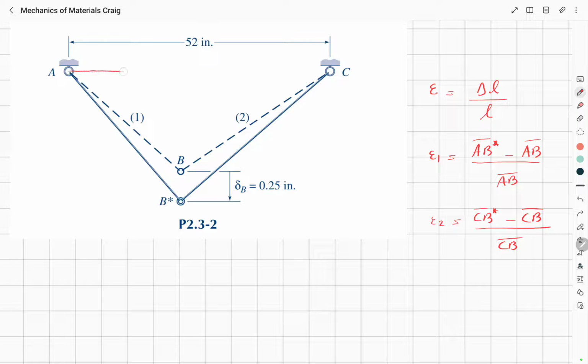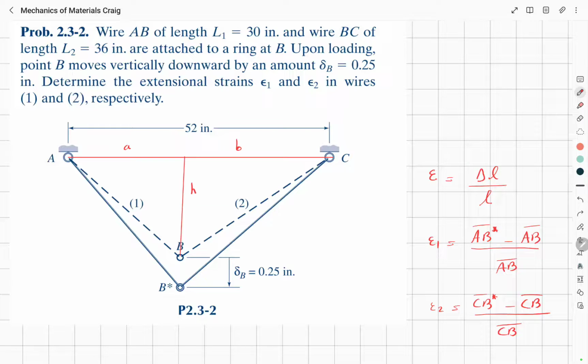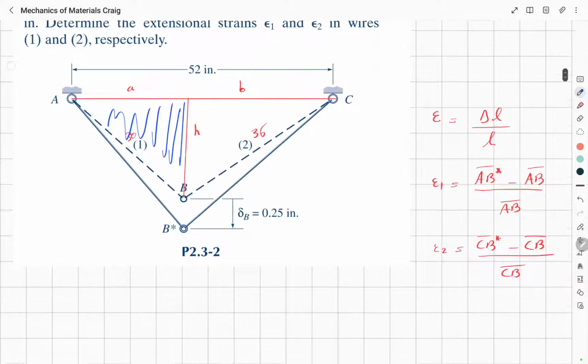So we know this whole AC length is 52 inches, but we don't know this distance. We can call it H. We can call this part A, and we can call this part B. We know the initial length of wire AB is 30 inches, so this is 30, and for wire number 2 is 36. So if we consider this triangle, we can write